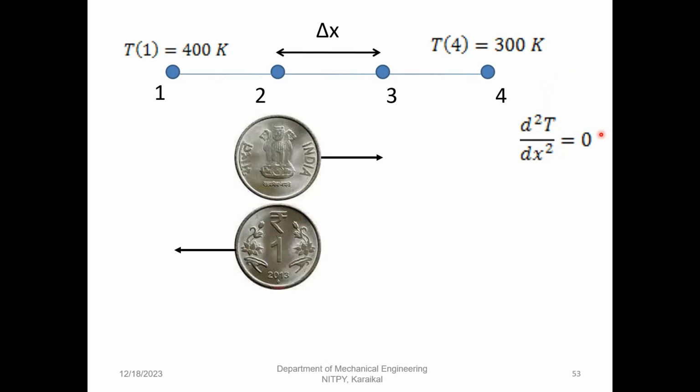So 6, 400. 400 is 6 in your case, and 2 in that case. So 6 plus 2. And 300 is 4, and 1. 4 plus 1. Let's see whether